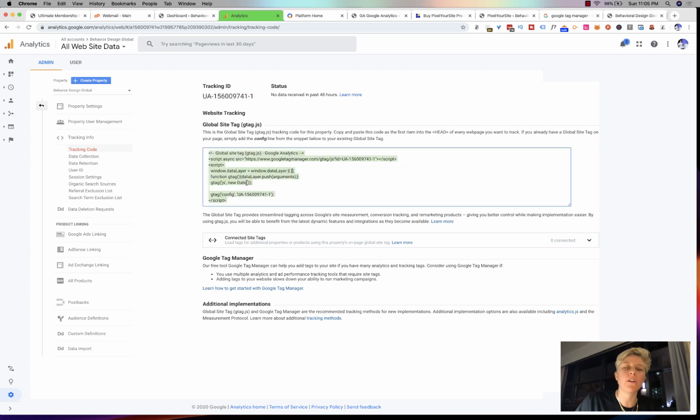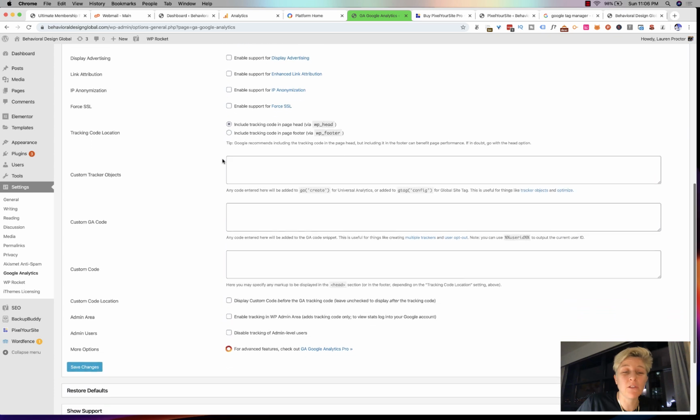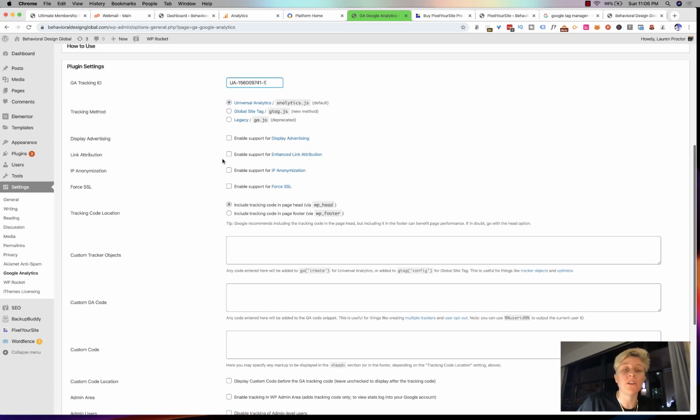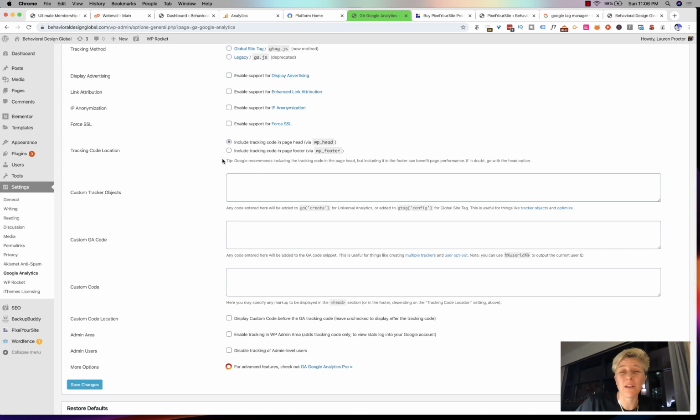If you're more advanced and you want to do site tags and stuff like that, you can do this manually by installing a plugin that, instead of just you entering your ID and that's it, lets you install that code instead. But these plugins are usually really good. The only disadvantage is that some of them tend to make your site slower because maybe they add extra bloat, and that's the same reason why you don't want to have a gazillion